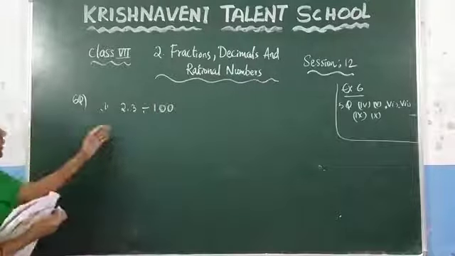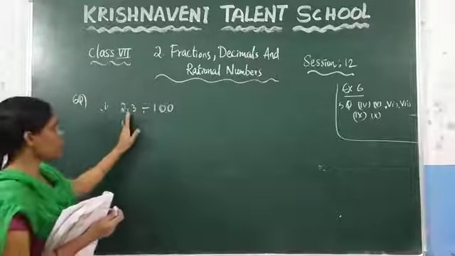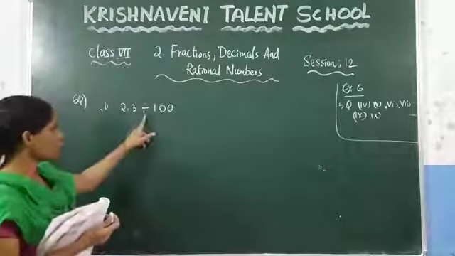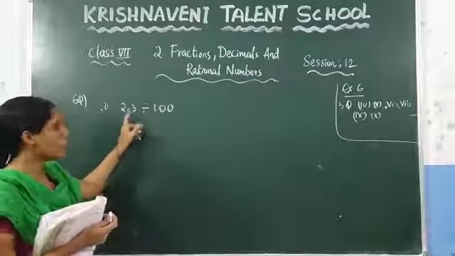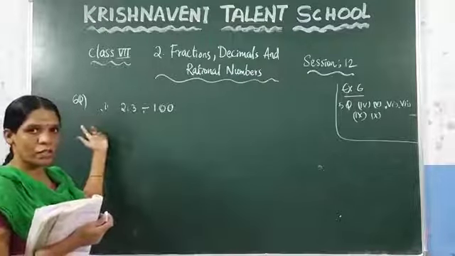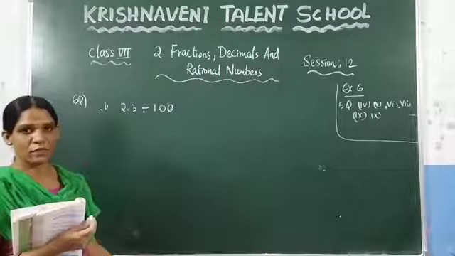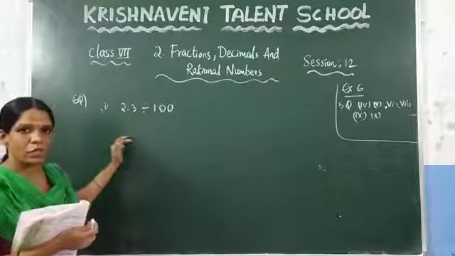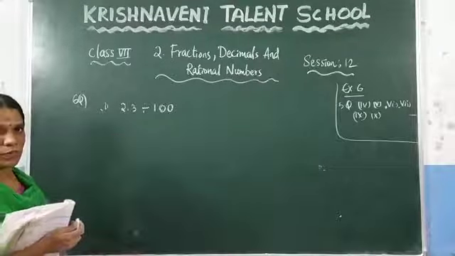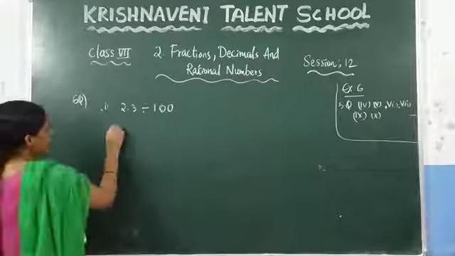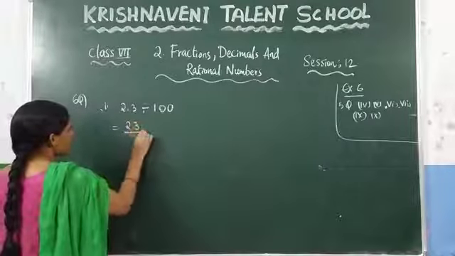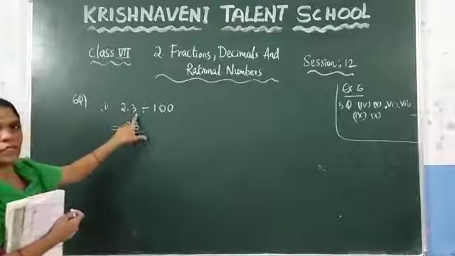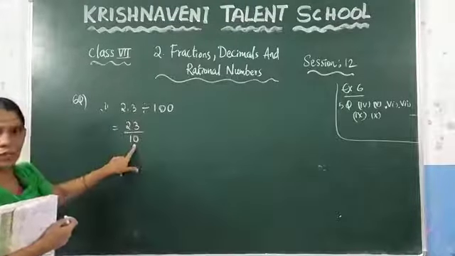Here in the case of multiplication, we shifted the decimal point to the right, as many places as the zeros. In the case of division, you need to shift the decimal point to the left as many places as the zeros. Just reverse here. So that method you can follow, or otherwise you can do the normal calculation. How do you do the normal calculation? First check it here. You can write this 2.3 as 23 by 10, right? Since after the decimal point one number is there, in the denominator you need to keep 10.